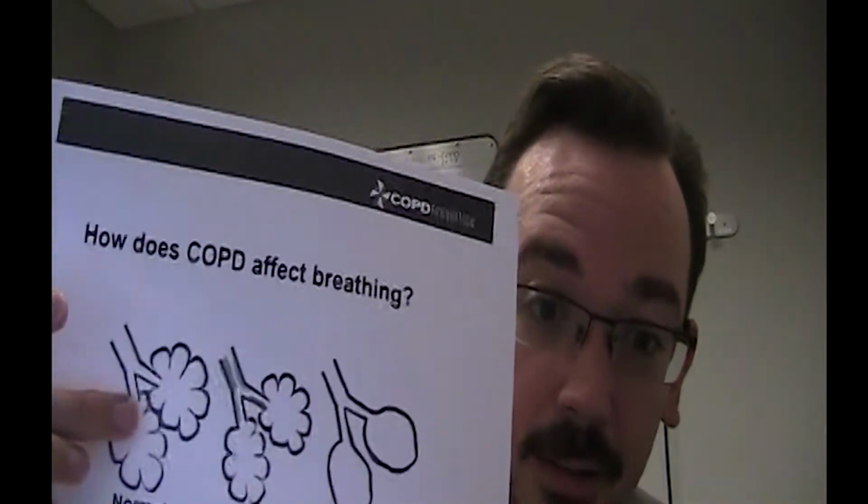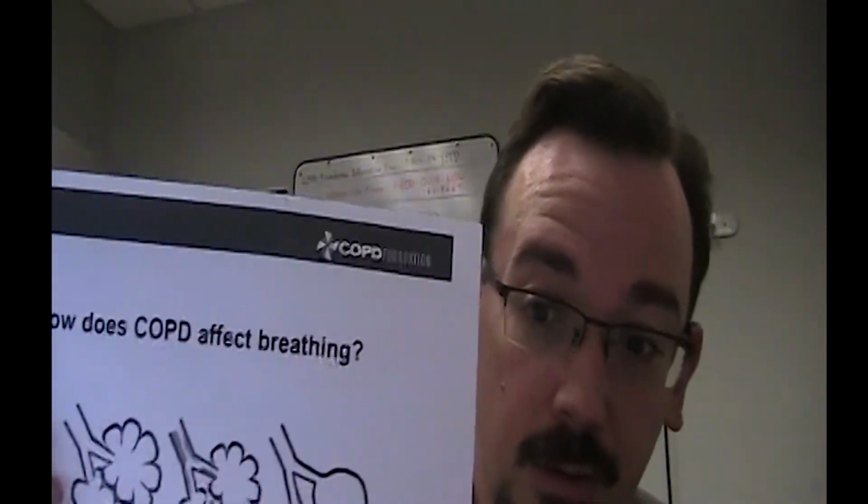Plus we see some of those, these very small airways can collapse down. They lose some of their muscle tone. And they collapse down and trap a lot of that air in. And when you've got stale air trapped in there, it's a lot harder to get the fresh stuff in on your next breath. It's like trying to fill up a glass that's already full. And so then you get short of breath because you can't get that stale air out, and then you run into all kinds of problems.